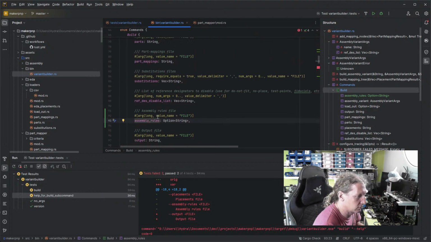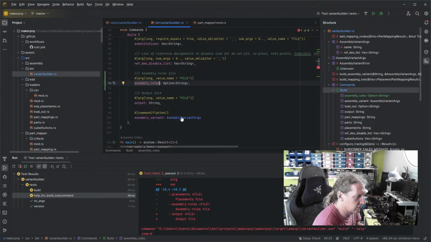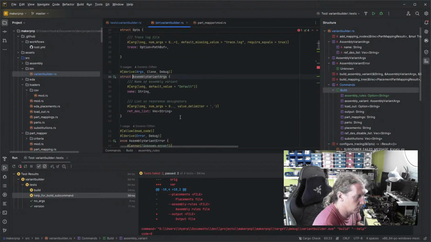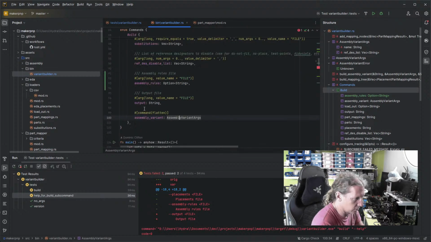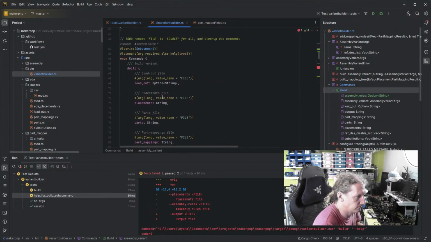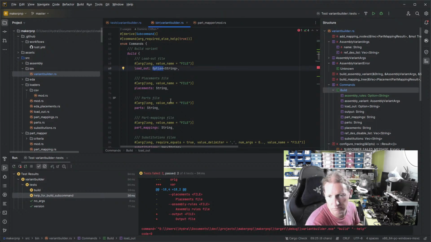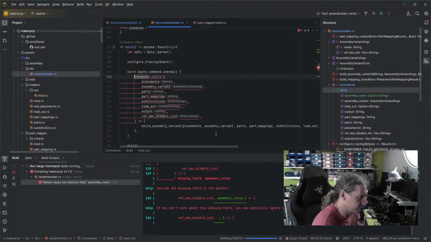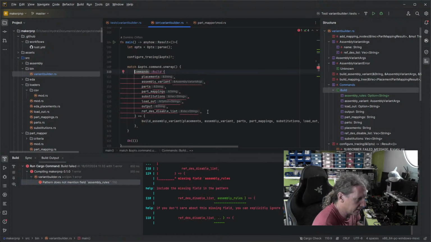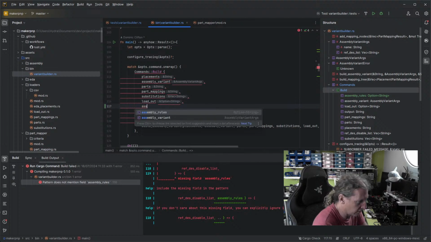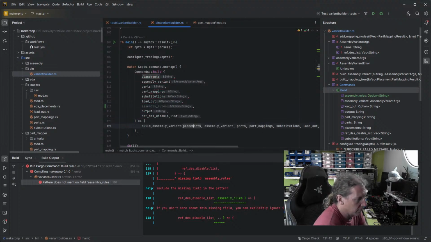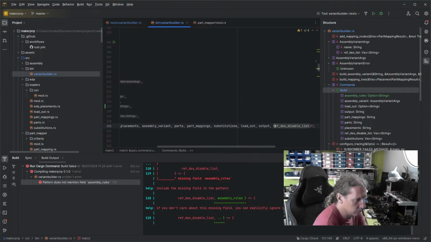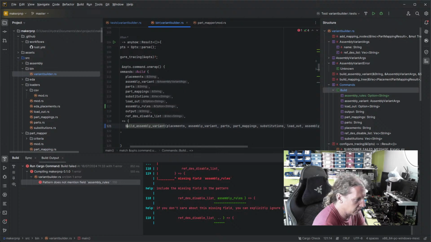Okay, we'll crack on with that. And if we've got this, yeah. Loadout was optional. So we've already got sort of like precedent for doing this kind of thing. Yeah, okay, so now let's run it. And then it's going to complain that it doesn't have some of the things. Assembly rules. And then we're going to have to pass that over to here. Okay. And that means that